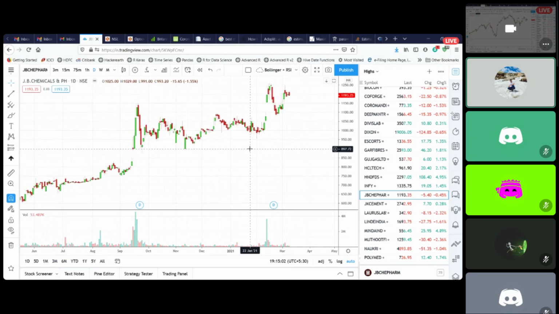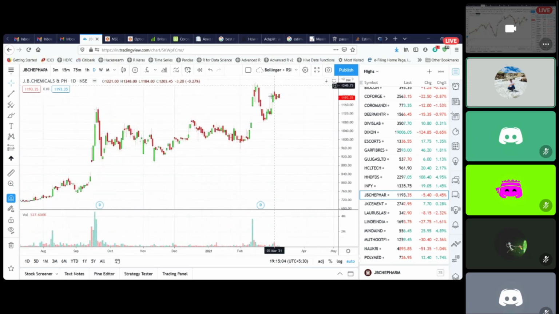Usually what I do for this short-term swing trading is I take targets of 8 to 10% only, because stocks which are at the all-time highs will more or less retrace 10 to 12% from there, and to take some buffer from your entry position to the exit point, it should be almost 8 to 10% there.